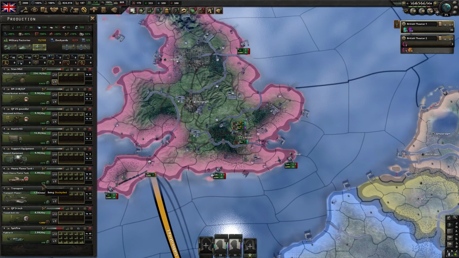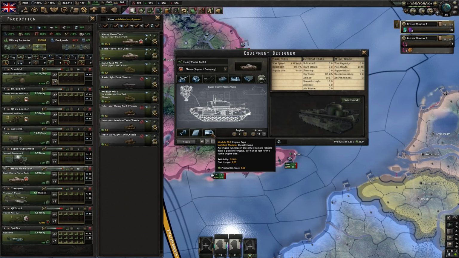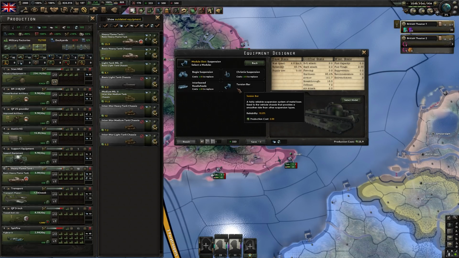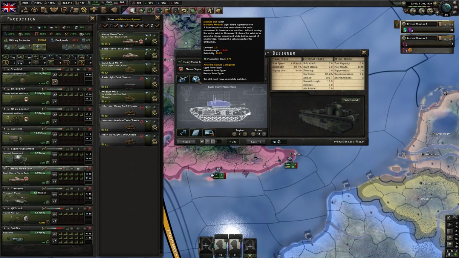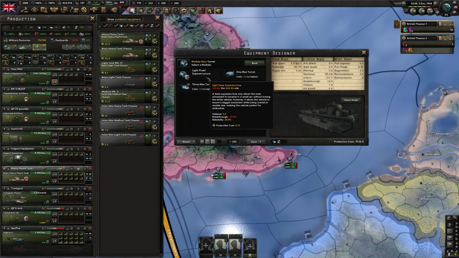Next, we're going to build the tank in question. So to do this, we're going to start off with a diesel engine. We're going to give it cast armor because we need to have the most armor possible in this tank. We're going to give it torsion bar for increased reliability. We're going to give it a flamethrower as a main armament. We are going with a light turret that is a light fixed structure because of the increased reliability and the